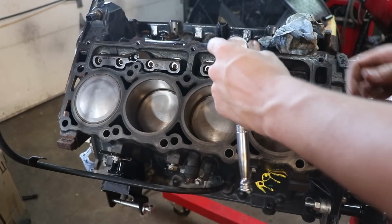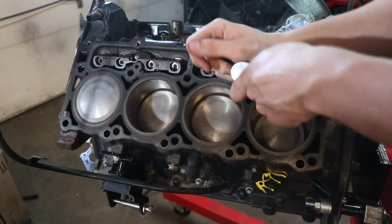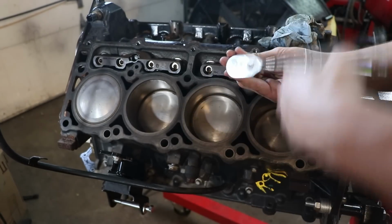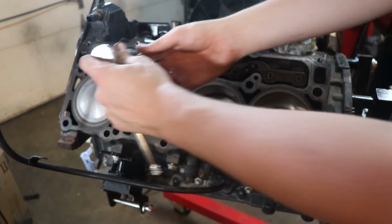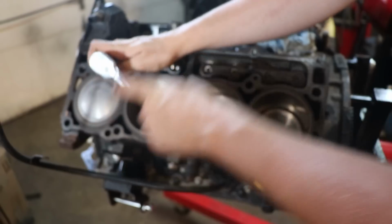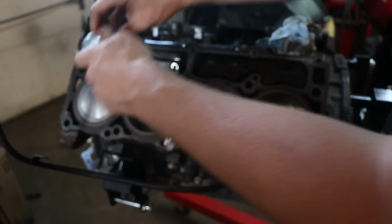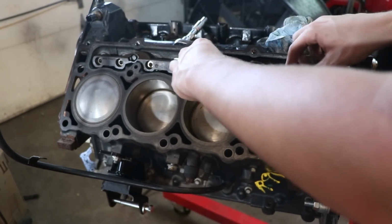In the last video we left off with pulling out the original lifters. Now again, just to remind you, the reason we are doing this is because these are MDS lifters. That's Chrysler's cylinder deactivation system. And what we did was pick up a new set of OEM non-MDS lifters. The only difference is there are holes that redirect oil in the lifters to deactivate them and basically shut down those cylinders. So if you look here when we pull these out,